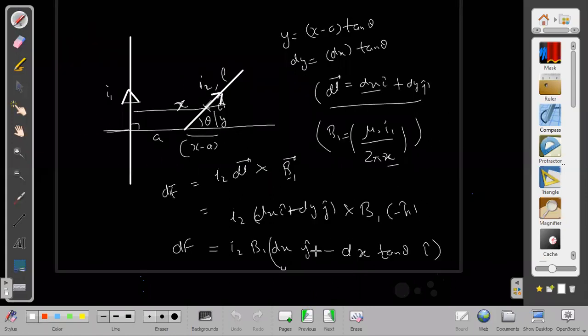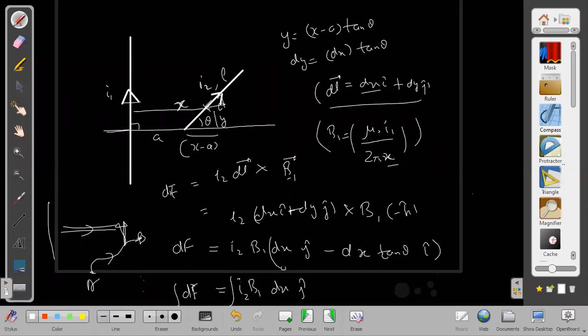We proved it already. See, the force that you integrate once. Once you integrate it, you will understand that I into B1 into dx integral, the first term, notice this first term will be the same even if I take a wire just in the horizontal direction only. Will it be the same or not? Yes, sir. The first term will be exactly the same even if I take a wire perpendicular to it. So therefore, this component along the y-axis will be independent of the length, whatever the length or shape may be from A to B.